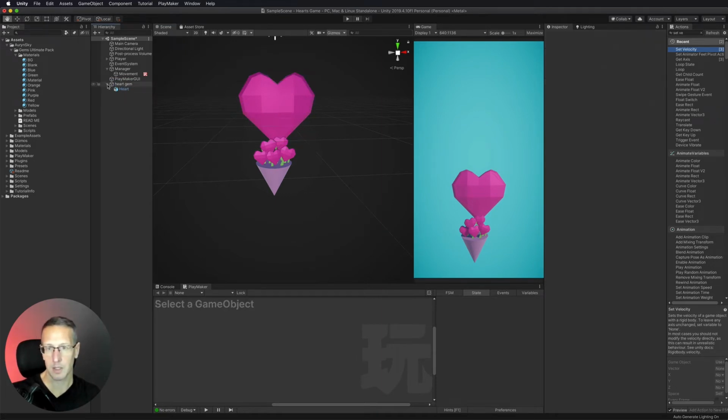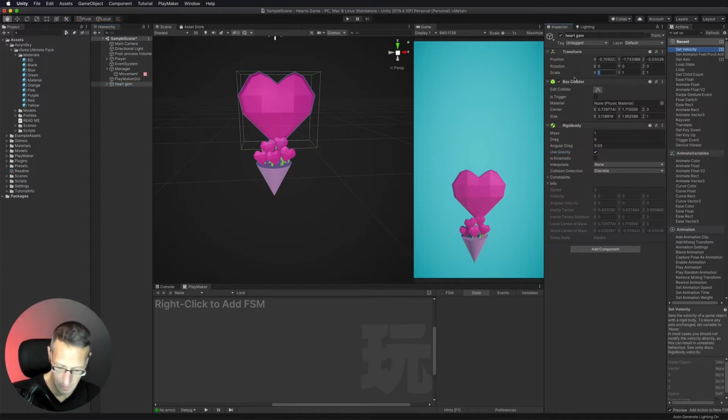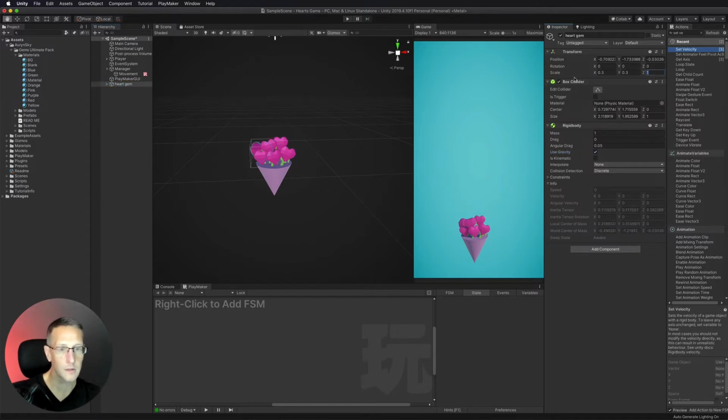Now the question is, do I want to have this fall using physics down the page, or do I want to have this just set a velocity of it in a negative Y direction? So there's a couple different ways you can accomplish that. And I think I'll just go ahead and use physics. So let's go ahead and just use a rigid body. So let's do this. We're going to go ahead and also add a rigid body to this. And yes, we want to use gravity, and I do want to make this just a little bit smaller. So let's go ahead and go 0.3 maybe. Yeah, and that's not too bad.